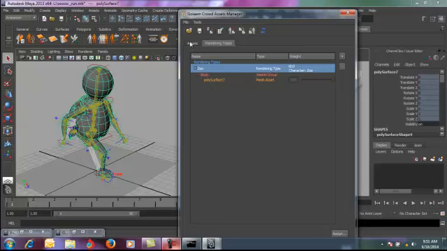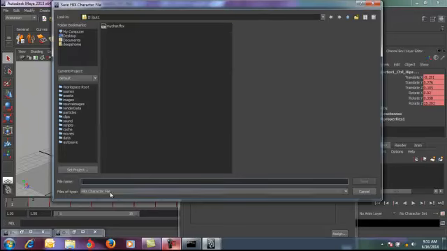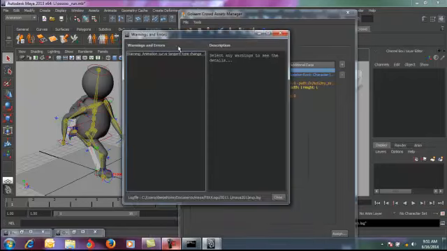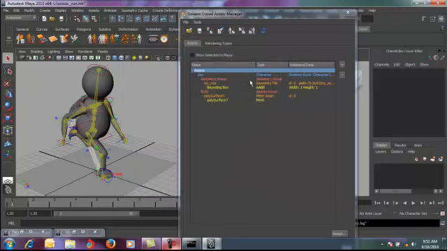Right. So now what we need to do is export this entire network as an FBX. So I'm going to click here. I'll save my Zoo as an FBX character file. Click on save. It gives me a warning. Let's just check what the warning is. Yeah, that's on the effectors, not an issue. Just close this. So my FBX has got exported.